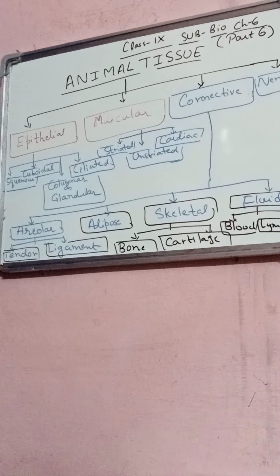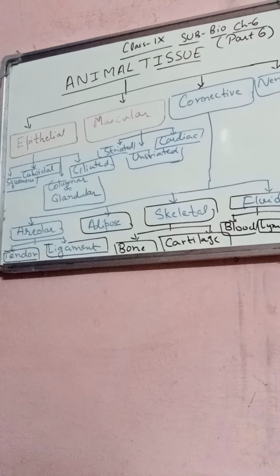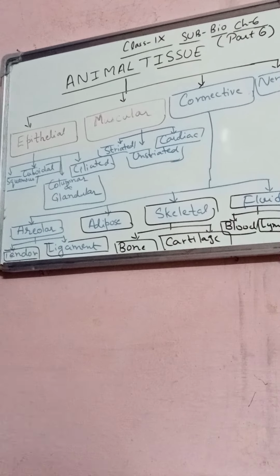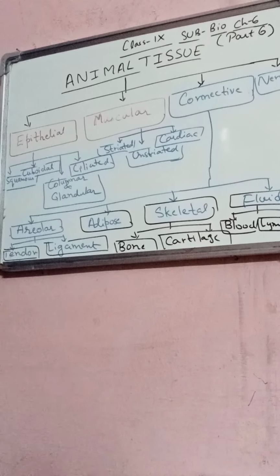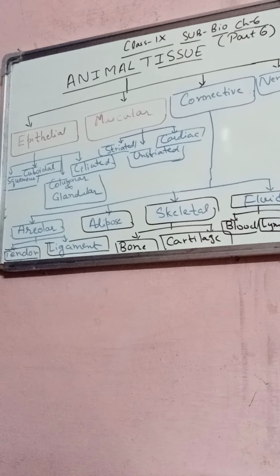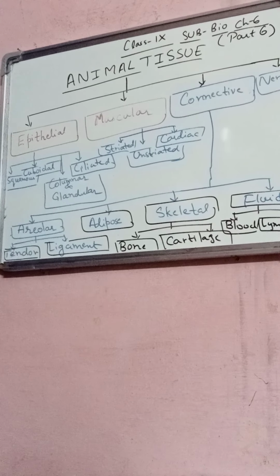So squamous epithelium, squama means scale, right? Simple squamous epithelial cells are extremely thin and flat, forming a delicate lining. Look at the diagram of squamous epithelium. It forms a continuous sheet, and it is present in the esophagus and lining of the mouth. The skin is also covered with squamous epithelium, right? So skin protects the body.